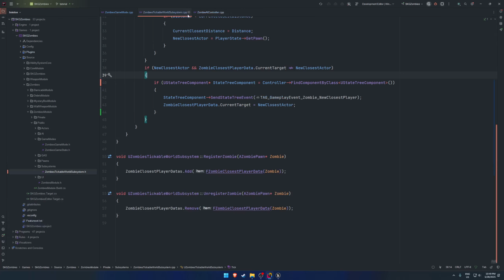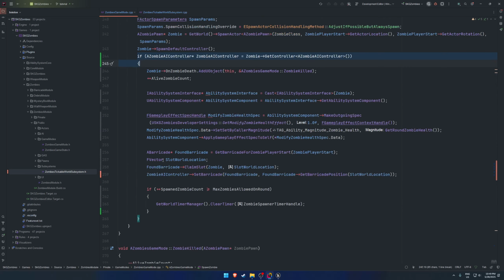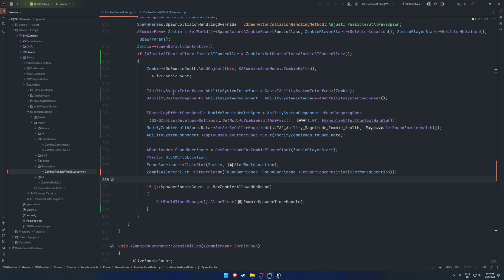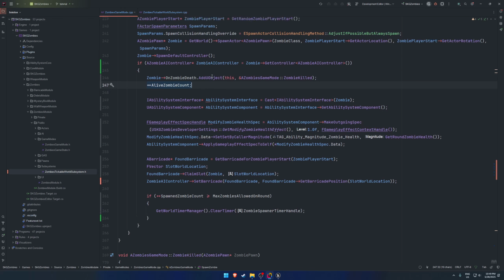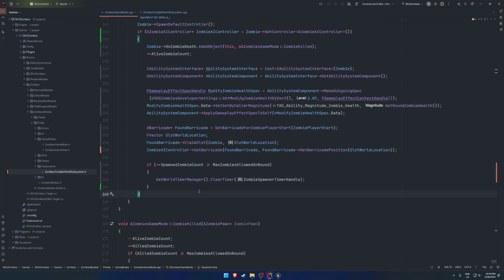If we crash in the future, it's not a huge deal. We can go back and fix it if it is still related. But to be clear, the reason we did this up here and not down here is so that it never increments our zombie alive count. So we do want to do one more addition. Just in case this is invalid, we don't want the zombie to just stick around. So what we want to do is else, take the zombie